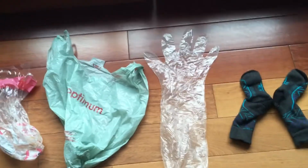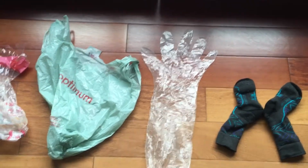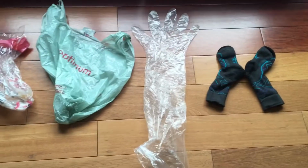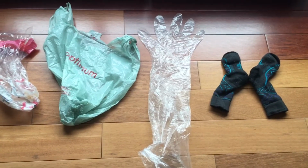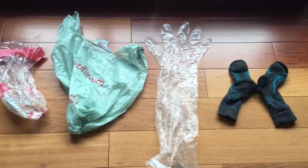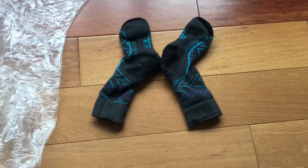You just fold the fingers over the top of your foot. I mean, they're kind of silly. You obviously don't put your toes in there. And they're really long, so I just tuck them in my socks. But sometimes if I wanted some extra protection, I could pull them up as high as my knee and protect me from a soaker. And then on top of that, I will put on a merino wool sock,